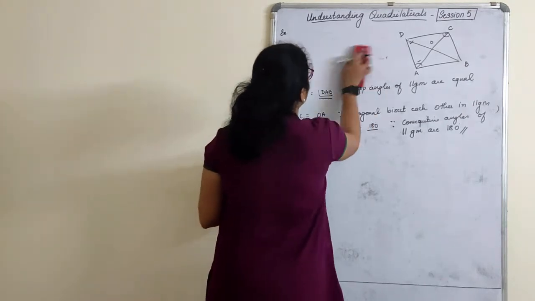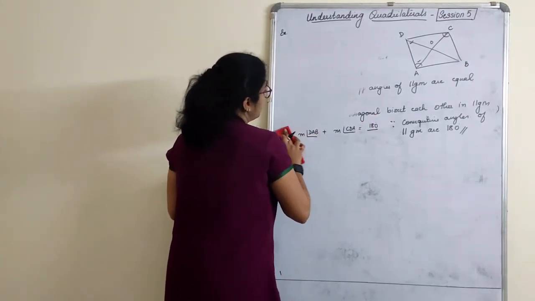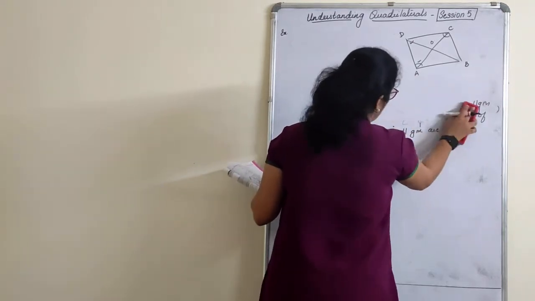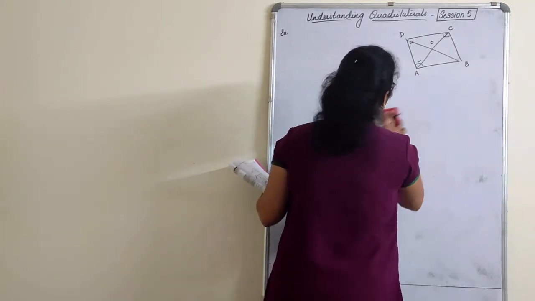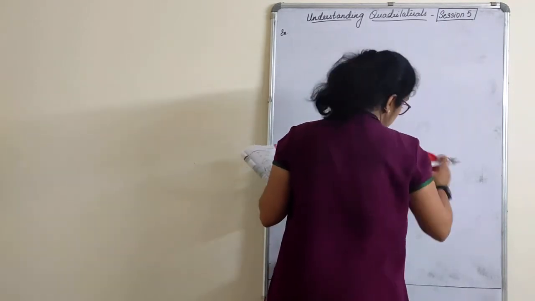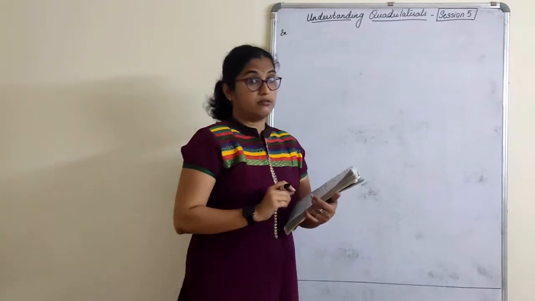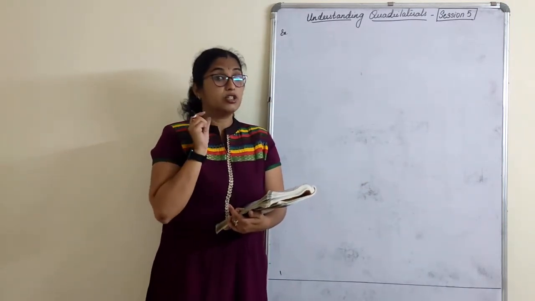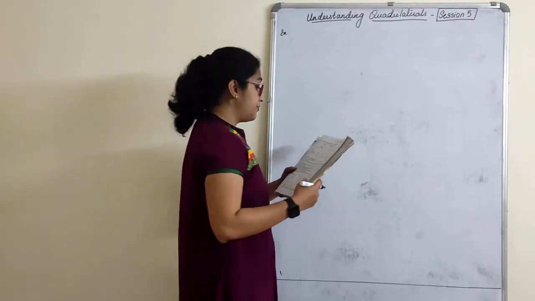Let's start. If you have to revise the parallelogram properties: opposite sides are equal, opposite sides are parallel, opposite angles are equal and diagonals bisect each other. These are just to brush up because we are going to start everything on parallelogram. You should know the properties thoroughly. First one,